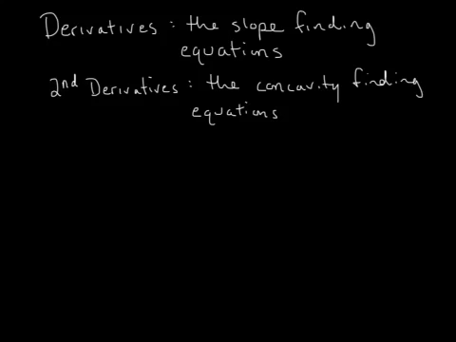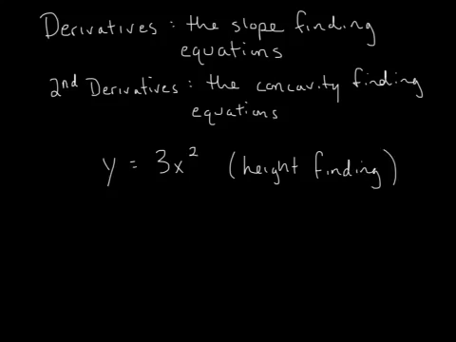So let's say I had an equation such as y equals 3x squared. Okay? So y equals 3x squared, I could call this the height-finding equation, right? Because y tells me a height for any given value of x, right? So if I plug in a value of x such as 1, then this equation gives me a height of 3. Or if I plug in a value of x such as 2, then this equation gives me a height